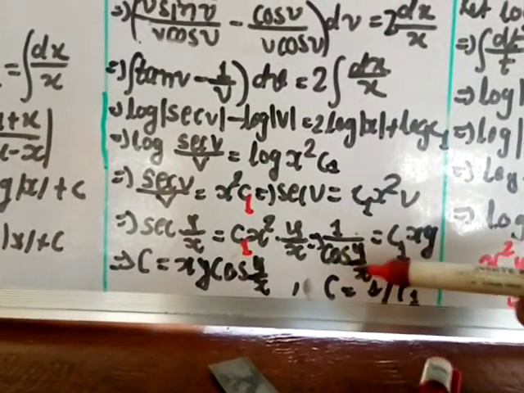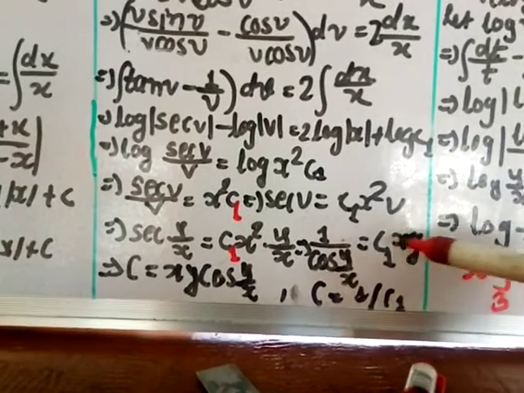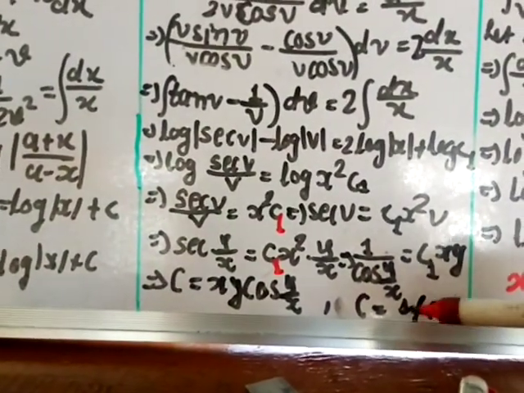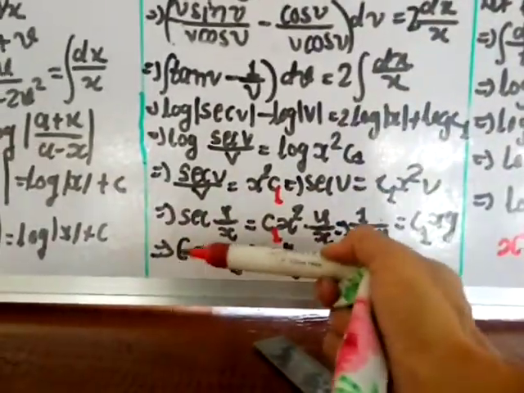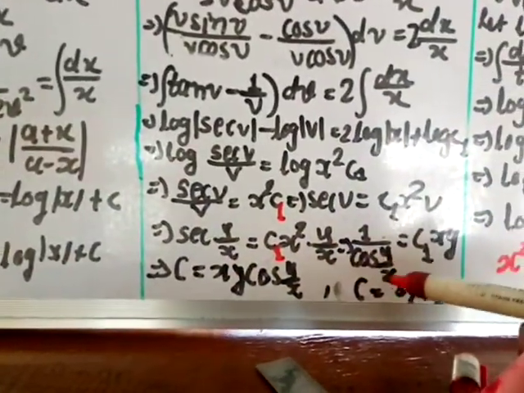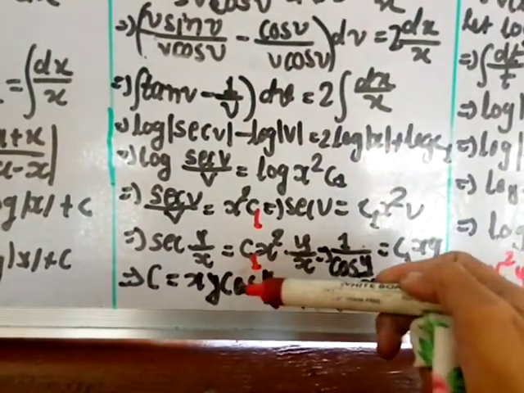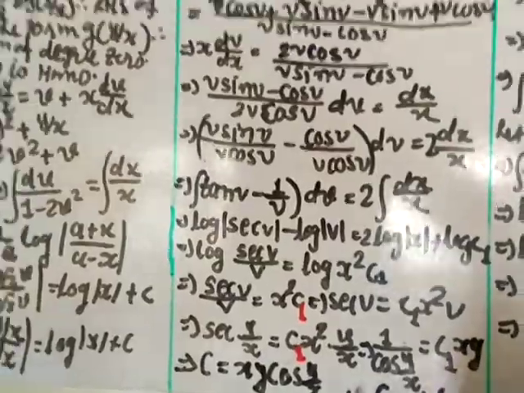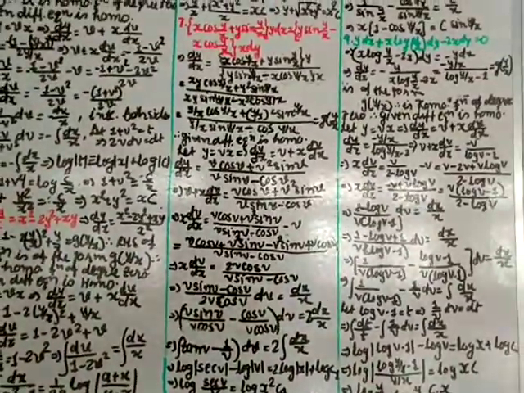Now this cos y by x you transfer over here, so it goes to the numerator, and c1 you transfer, it will go in the denominator. So that 1 by c1 I am taking as c. So I have written here c equal to this xy, and this cos y by x, which is in the denominator, transferring here, goes to the numerator: cos y by x. So that is the solution for the given differential equation. That is the solution for question number 7.